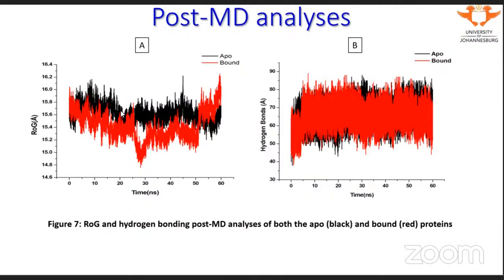The ROG, represented by figure 7a, indicated a decrease in overall structure compactness, representative of the decrease between the average values calculated for the apoprotein and the bound protein complex, being 15.62 angstroms and 15.42 angstroms, respectively. This adds to the information provided by the RMSD and RMSF in terms of elucidating further the increased destabilization of the protein. And with regards to the hydrogen bonding, represented by figure 7b, the bonding formation capabilities of the protein alone and the protein in complex with the inhibitor is very similar, indicating little change in the number of hydrogen